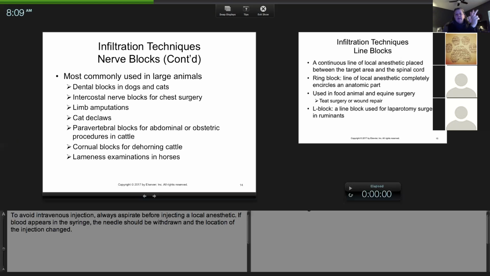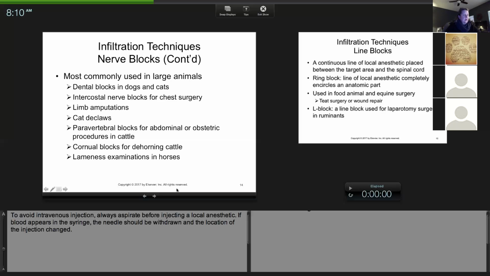Normally it's kind of like a line block, because what you do is you inject into the carpus area, right under the skin, and you start to squirt the lidocaine and you pull your needle back as you're pushing, because you're squirting it all along that area. And then you do the same thing on the ventral aspect of the carpus. That essentially forms a ring of lidocaine, and then that blocks all the nerve roots going to the paw. So a ring block is literally like a ring. And then